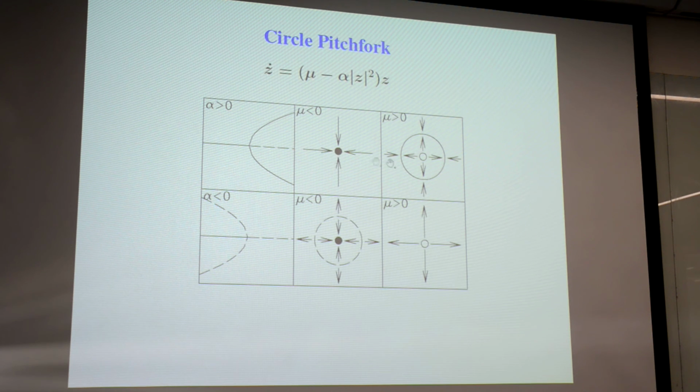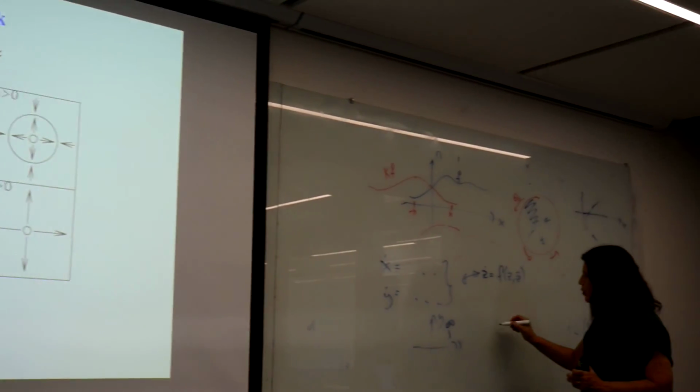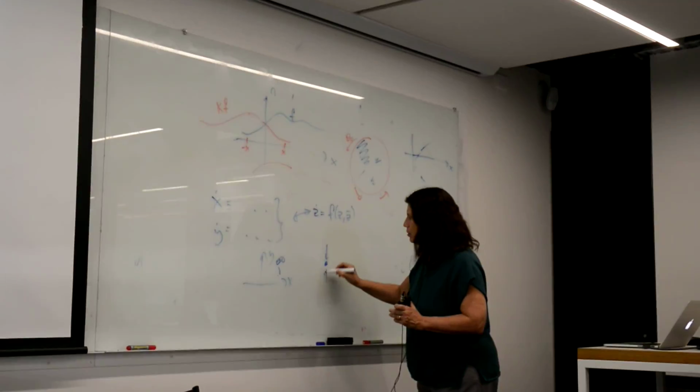When we go from one to the other, this inner point here still exists. It exists for all values of mu. You see that from this expression. But it ceases to be stable and it becomes unstable. The pitchfork bifurcation that you saw before, you could describe it this way. You start off with a point, it's in one dimension, and you're stable. And now